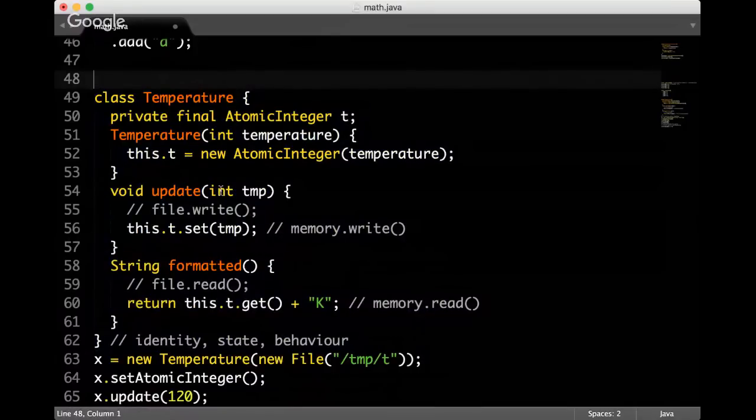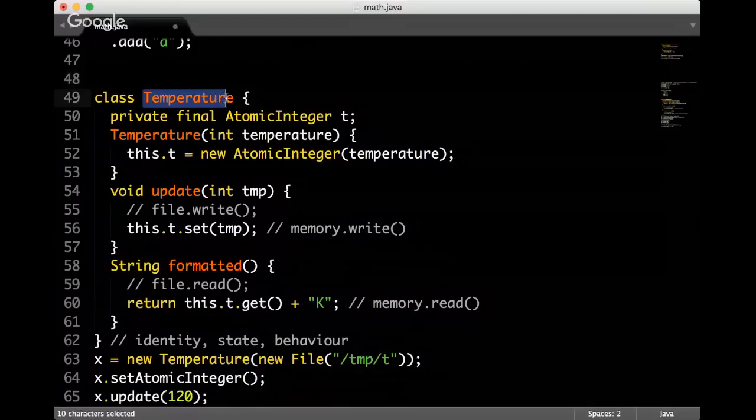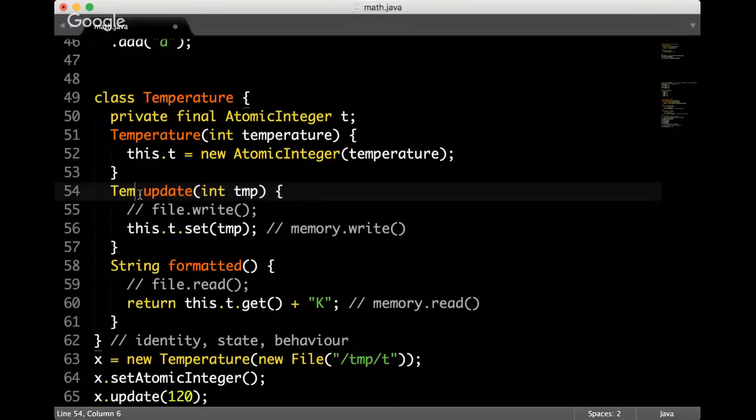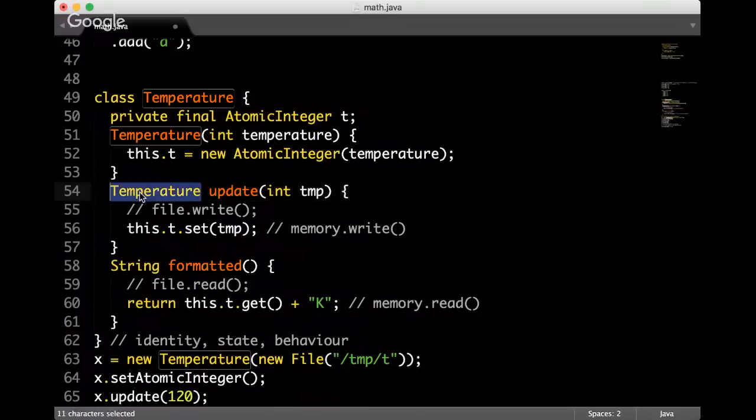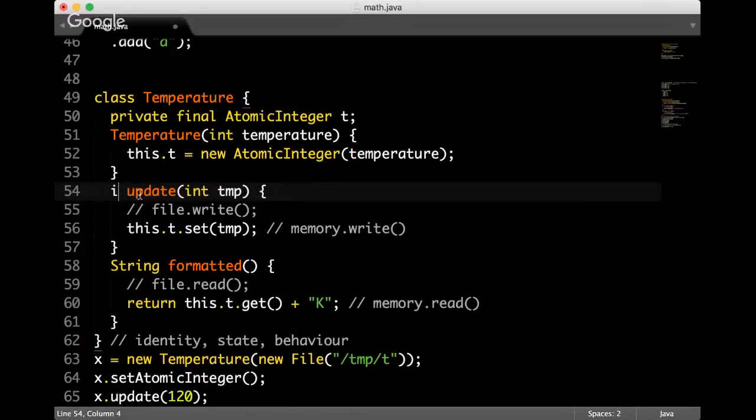So what's the right approach? I can do it this way, or I can make temperature constant, and then in order to change it, every time the update method will return a temperature, and you will have to get a new object when you need to update it. It's possible to do it either way. Make it immutable or make it constant.